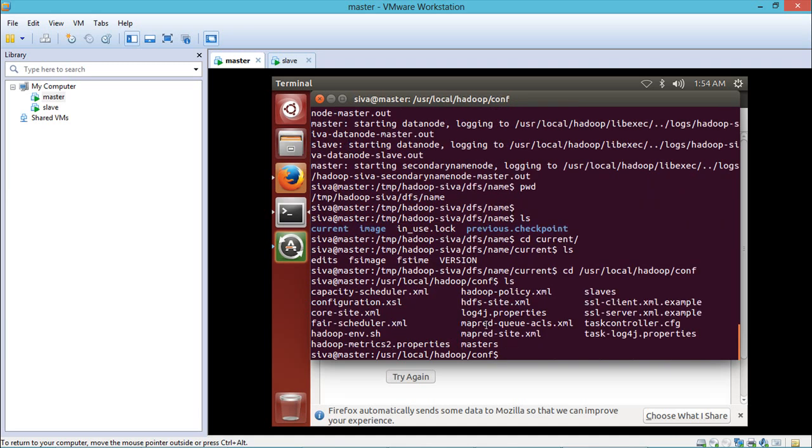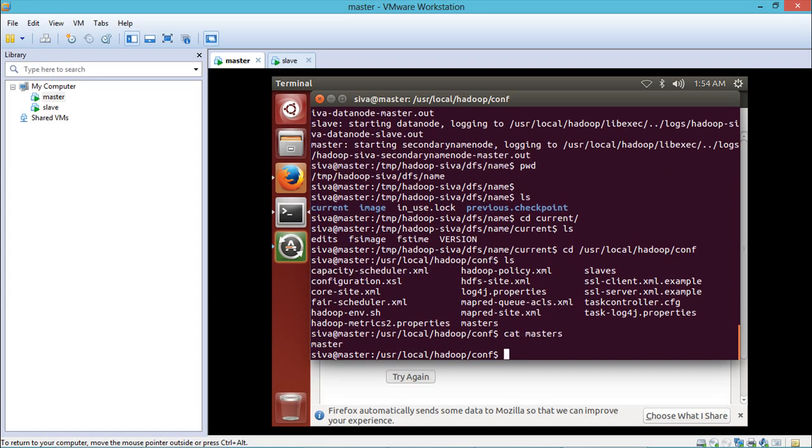There is a file called masters. Do you remember masters? I'll just cat it. Here we have written some machine name, or I can write the IP. Whatever IPs are listed in this masters file, on those machines the secondary name node will be started,